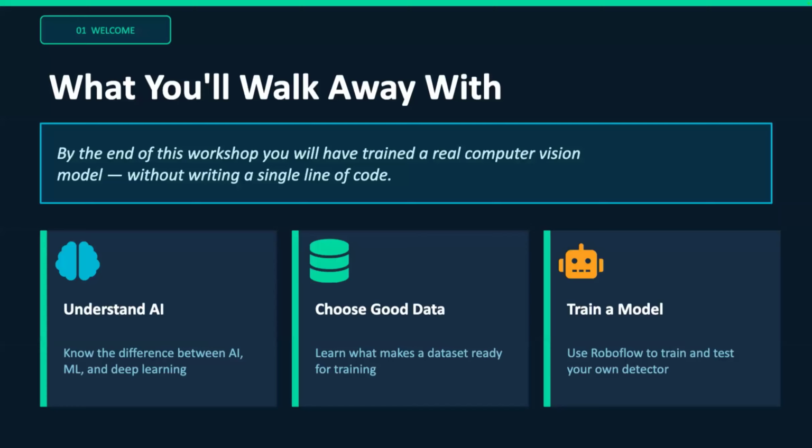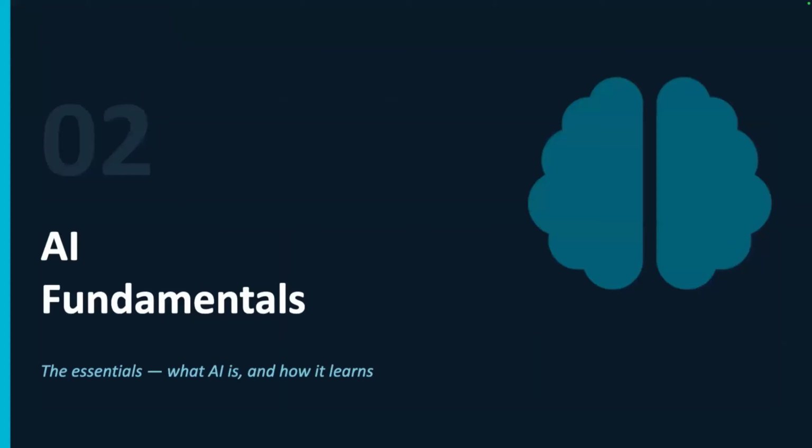You will walk away from here understanding AI a little better if you have no experience with it. This is a very introductory workshop. We're going to teach you how to choose a good data set and how to train a model on cloud. For the AI fundamentals,